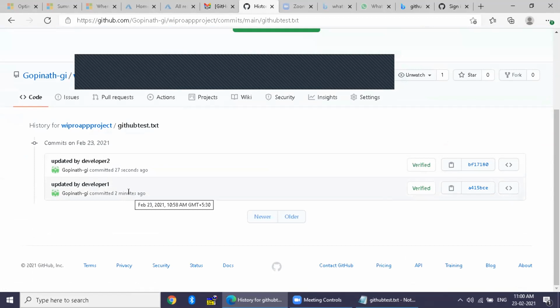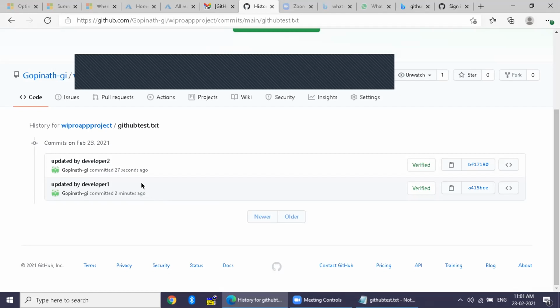So it means that GitHub is a kind of repository which also maintains the version. If your code keeps changing, it will maintain all the versions and you can track who changed what and when. For example, I am able to see that this file was modified 2 minutes ago by developer 1 and 27 seconds ago by developer 2.